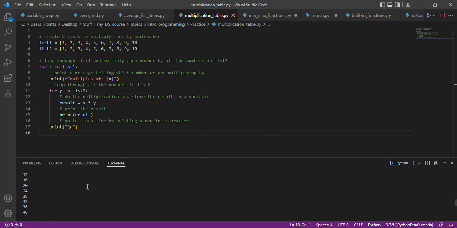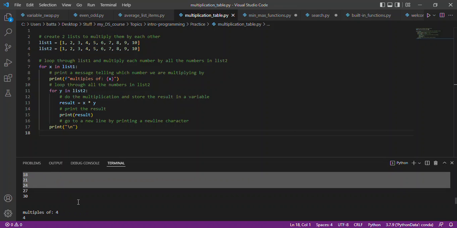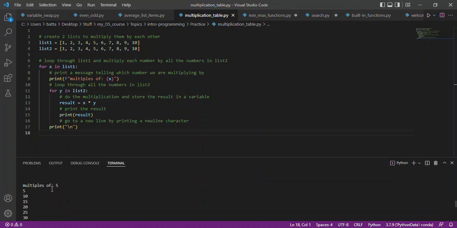Here we go. See, at first iteration, we have the multiples of 1. We have 1, 2, 3, 4, 5, 6, all the way to 10. Then multiples of 2: 2, 4, 6, 8, 10, 12, 14, etc. Then multiples of 3, right? Multiples of 4, multiples of 5, 6, multiples of 7, multiples of 8, multiples of 9, and finally the multiples